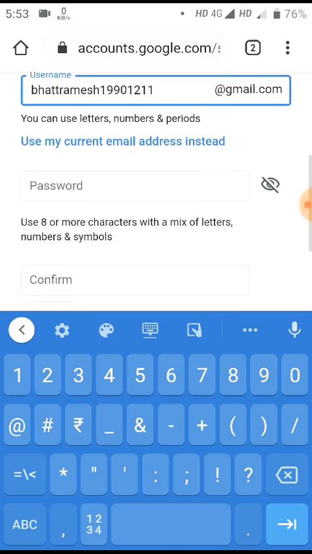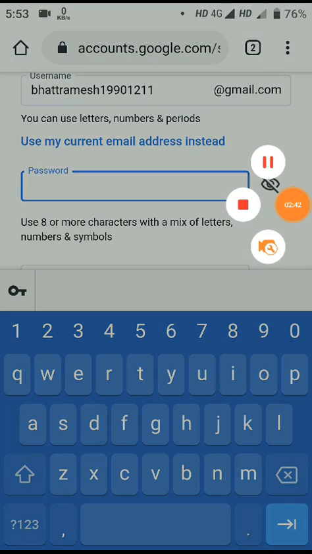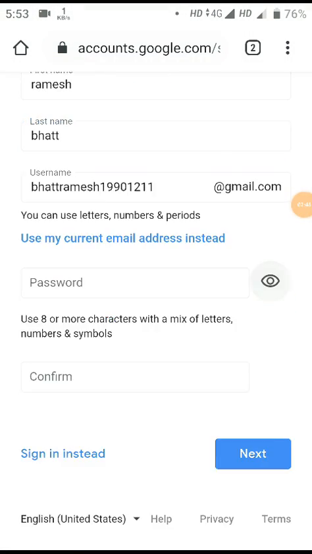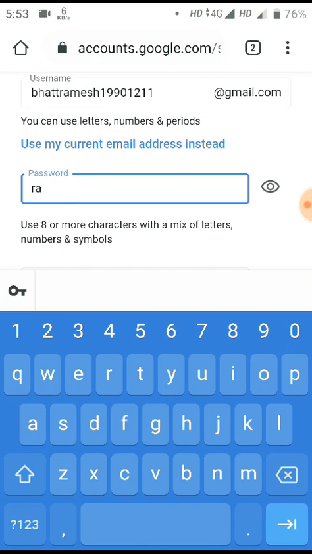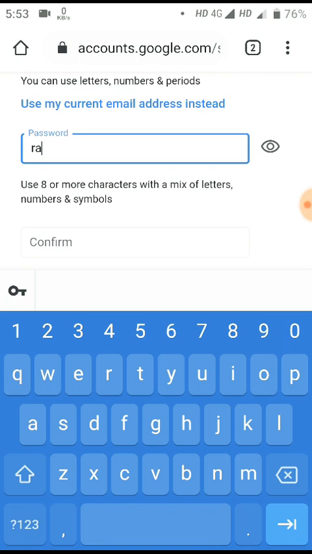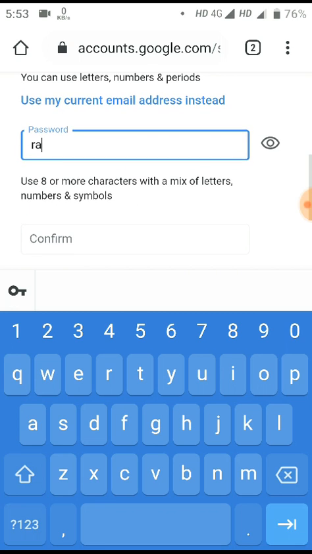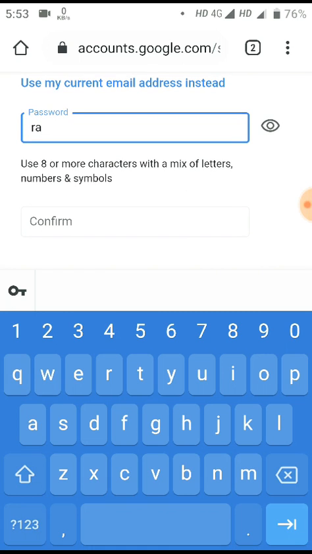Okay, and after that, the password. Students, you will make a strong password. What do we mean by a strong password? A password which has a minimum of 8 or more characters with a mix of letters, numbers and symbols, which is also written in the instructions.